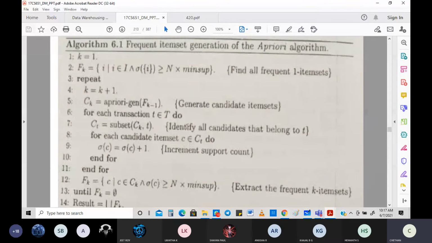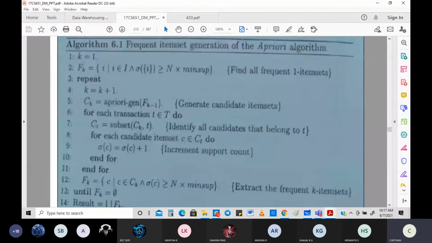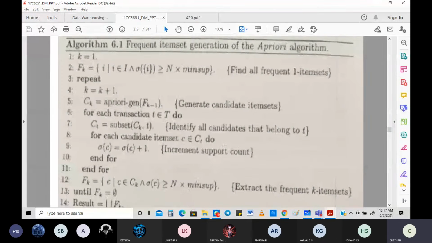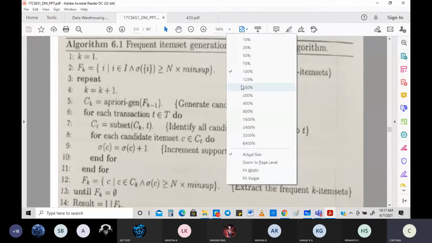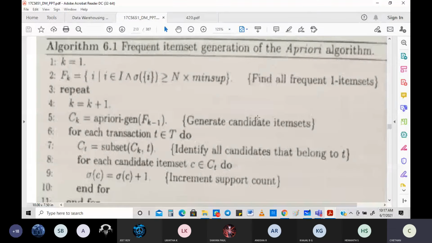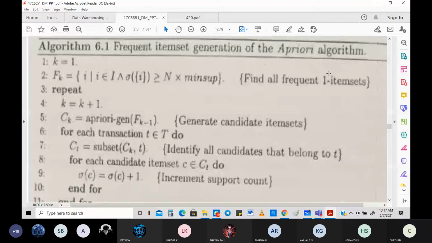We are doing the opposite of it, because you will not understand this when I say it, but you will clearly understand what it is once you have done the problem. So you can see very clearly what the first step is. The first step talks about how we are going to find all frequent one item sets. That's what we are going to figure out first.